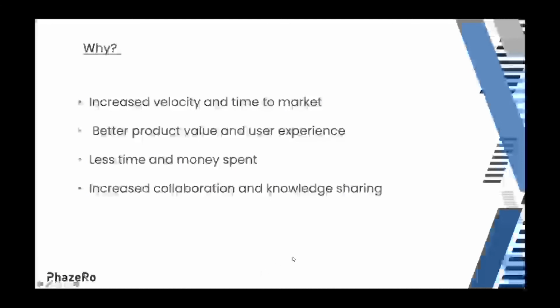Strictly speaking, some projects are similar in a way, so the components wouldn't be that different. So reusing the components as well as the code will increase the velocity and will decrease the amount of time taken